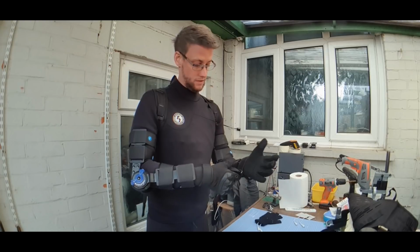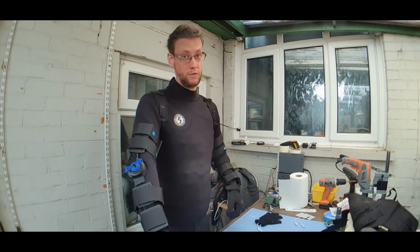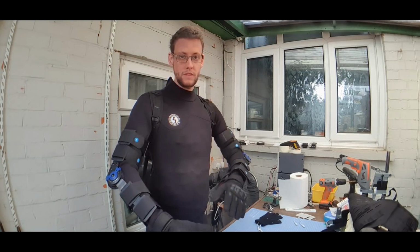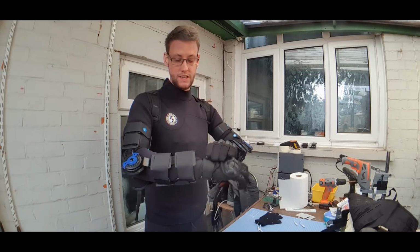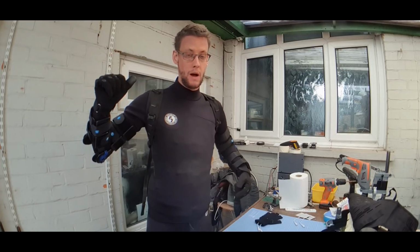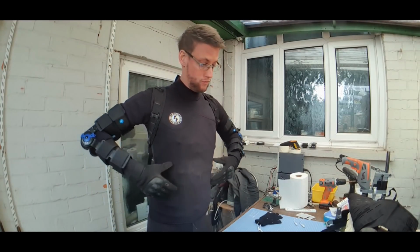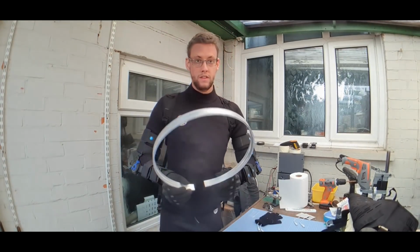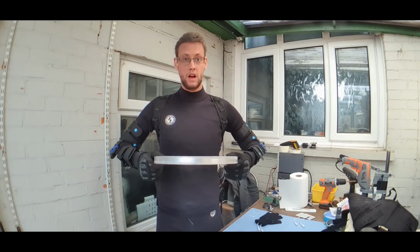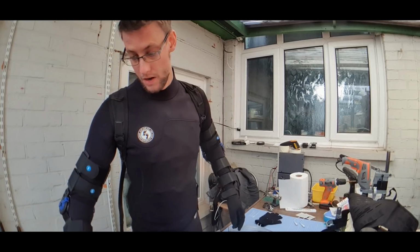So these on the arms at the moment haven't been adapted yet. They need some WD-40. They need to be adapted to be slightly longer at the wrist. They need to come up to a compound joint at the shoulder, to a central piece at the centre of the back. That would go down to a ring. These here are the beginnings of the rings. I haven't finished them yet, but these would go effectively one at the lower chest, one at the waist. These are partitioned by